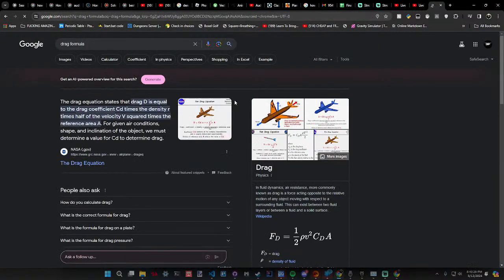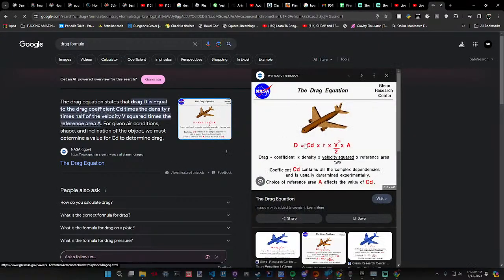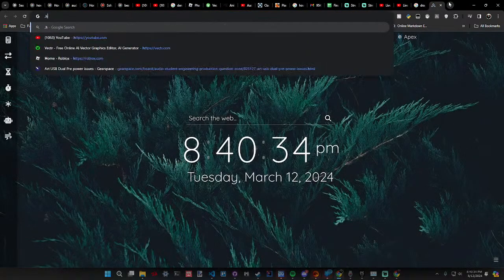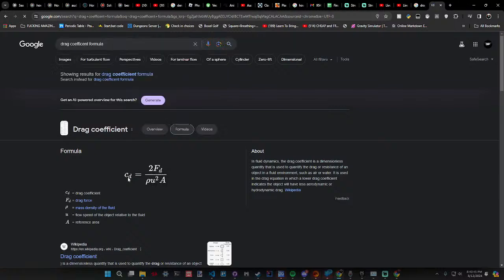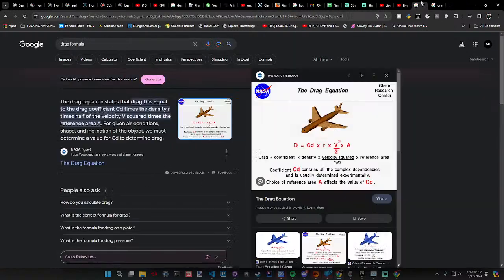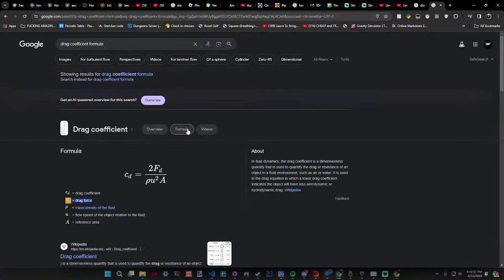So if I look up the drag formula, you need a drag coefficient. If you look up drag coefficient formula, you need the drag force, which is derived from the coefficient, but to get the coefficient you need the drag.